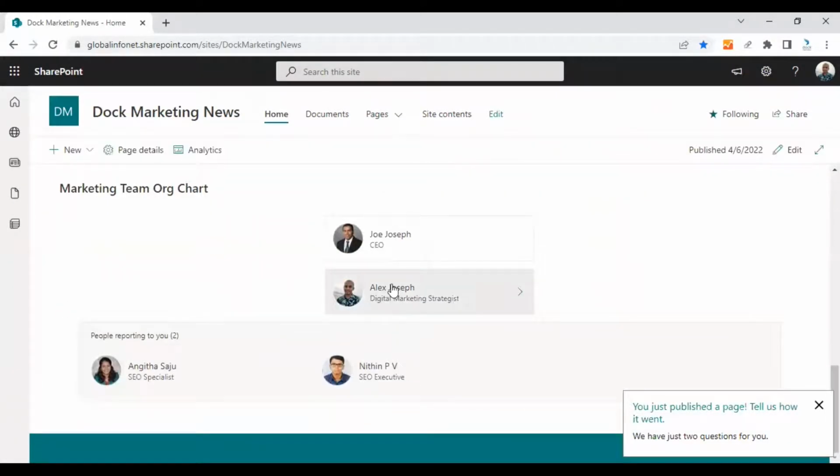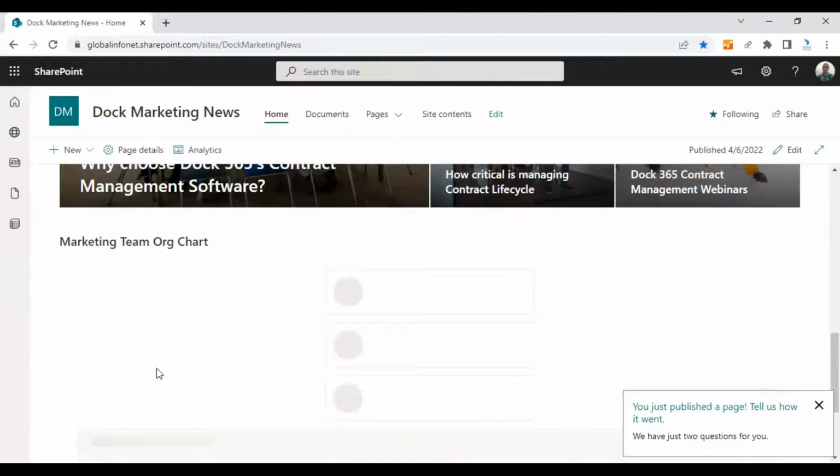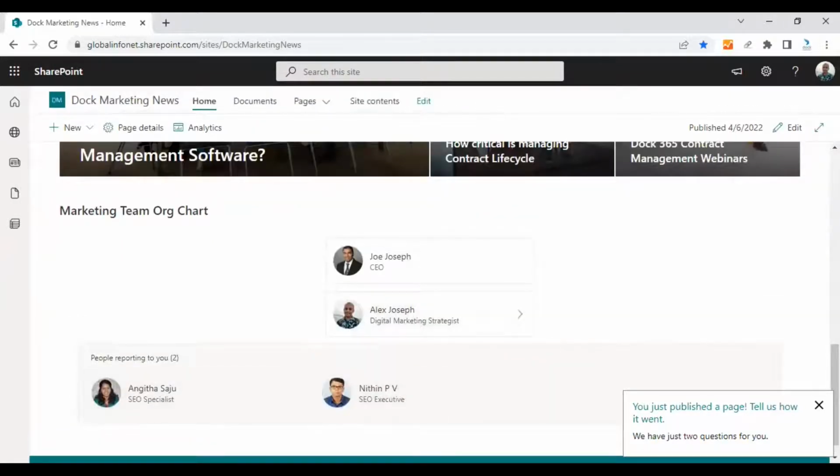And by clicking on the user, you can actually expand the object as required. So these are the people reporting to Joe here. So if you are clicking on any user, you will see the people who are relevant to that particular user as well. So this is how an org chart is created using the organization chart web part, and this is how you can add an organization chart to your SharePoint